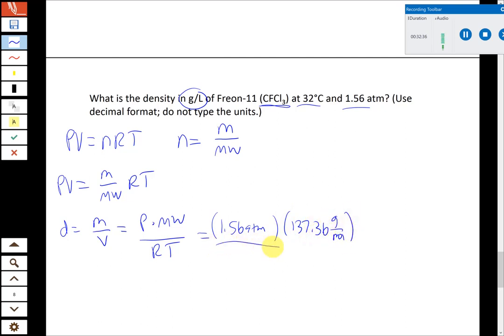So that's molar mass, and then we're going to divide by RT, R being the same universal gas constant that we've used a lot in this assignment. And then the temperature has to be in Kelvin. 32 Celsius converted to Kelvin is 305. All right, so those are the numbers. Atmospheres cancel out. Kelvin cancels out. Moles cancels out, so we get grams per liter, which is what we want, so we don't have to do any conversions after this. And so we get 1.56 times the molar mass